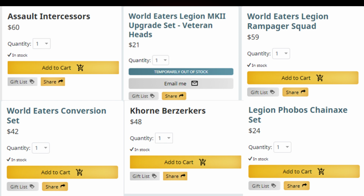Check the prices listed on the screen. You don't need everything here, but for just 10 models you've got a base of $60 for the Assault Intercessors, then around $20 for 10 helmets. Then for your weapon options, a kit of just 5 Rampagers is another $60, and seeing as ForgeWorld doesn't seem to stock their chain axes anymore, you may have to shop around a little bit or use some old Berserker